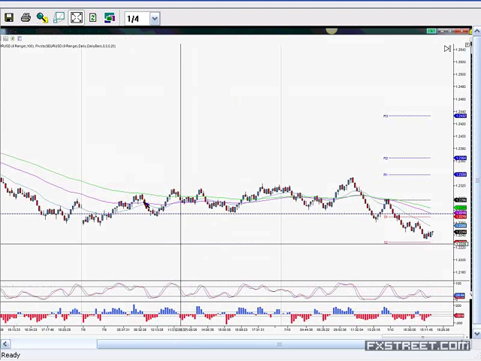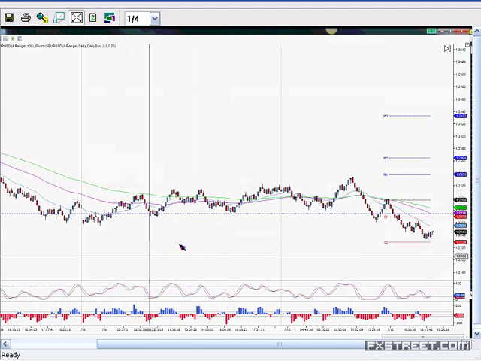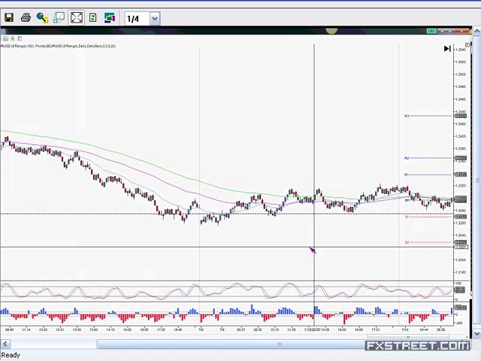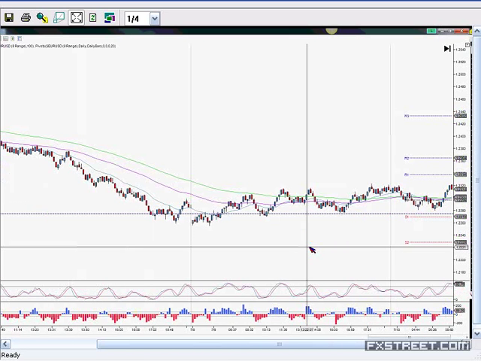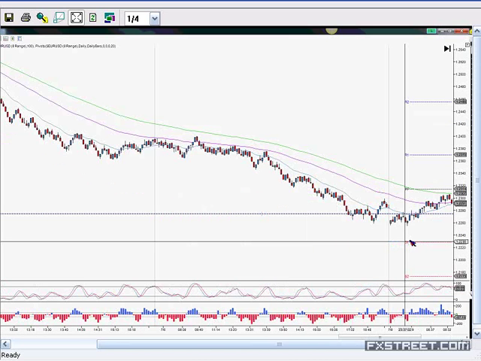Excellent. So let's talk about the shorter term stuff. The shorter term stuff is very much the same as the longer term stuff. We're looking for the same sorts of levels, the same sorts of interaction. Now, as you can see here, let's go back to yesterday's trading. Okay, where are we? So we'll show you a couple of the trades that we took yesterday and the trades that we took today.